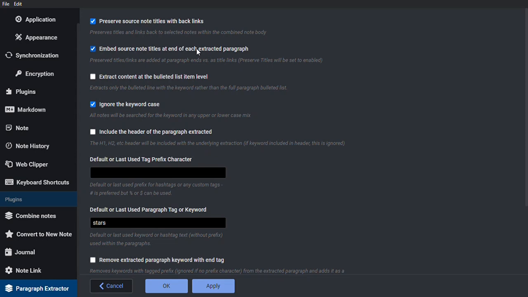So this would, rather than have the title in the note itself, each paragraph at the very end would have a link back to the specific note it came from. Bullets we're going to talk about in a little bit when we do a specific example. Let's just leave that for now. You can include also the header of the paragraph extracted. For example, each of those paragraphs had headers above it, so those headers can be pulled as well along with